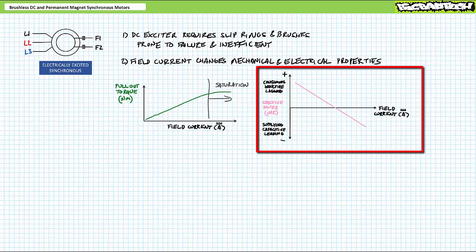Additionally, varying the rotor field current while in operation varies the reactive power requirements of the motor, such that underexcitation causes the motor to consume reactive power, as would an inductive load, and overexcitation causes the motor to supply reactive power, as would a capacitive load. This additionally implies rotor field current can be so adjusted such that it neither consumes nor supplies reactive power,